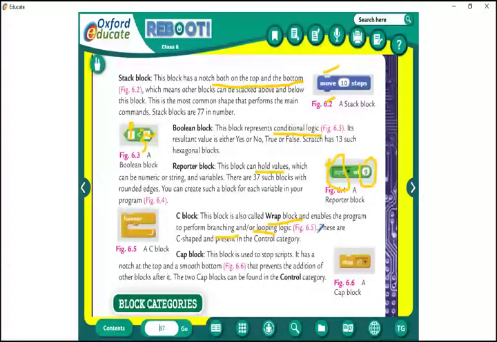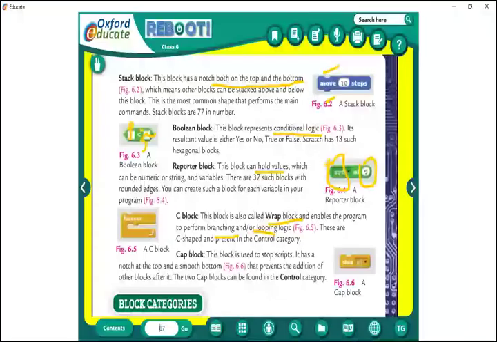Or if you say, make 3 rounds, walk in your ground, then what will you do? You start from the start point, make a big round, and come to the same point. Second round, third round. So what are you doing? You are looping, repeating. In the square program also, see here, it is the same. Repeating. See, this is called C blocks.